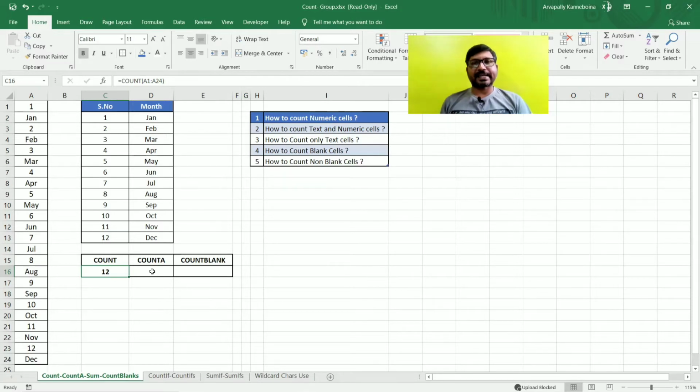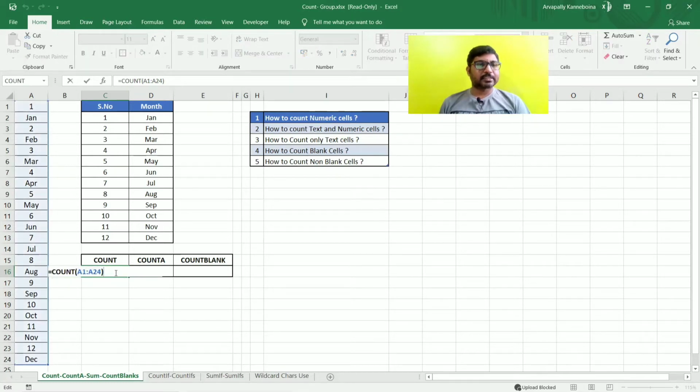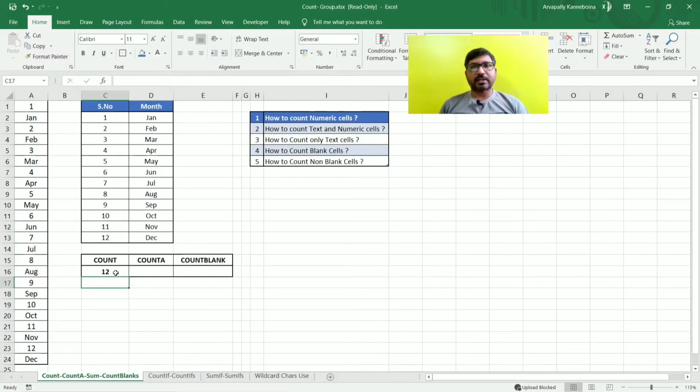So this is the way to write it and get the result. The COUNT formula syntax is just the formula name COUNT, open the bracket, then provide the input range. So this is the simple COUNT formula. What is the use of it? The COUNT formula gives the number of numbered cells in the selected range. That is the main concept of the formula.